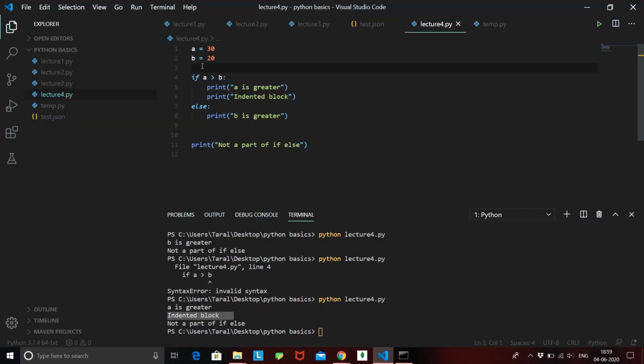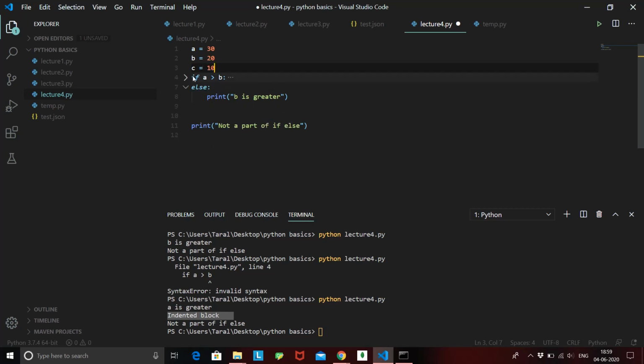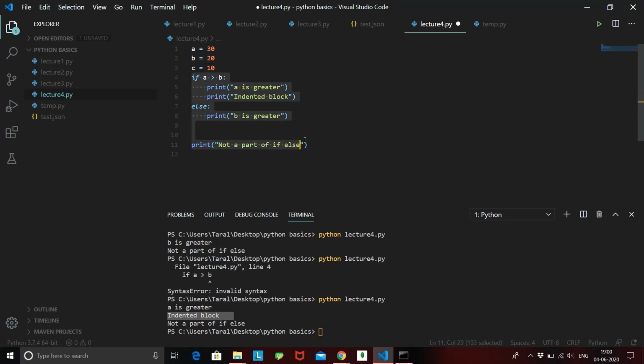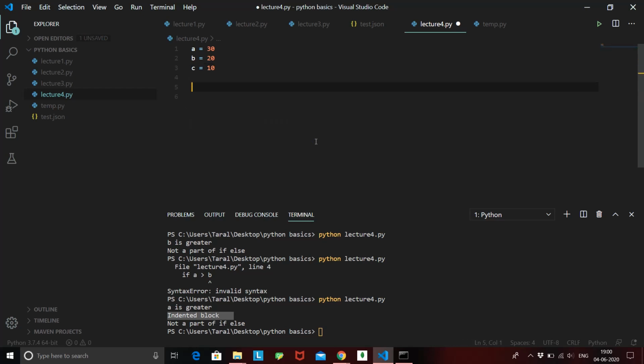Suppose I have another variable called c equal to 10. What I have to do right now is check if a is greater than b and if a is greater than c also.